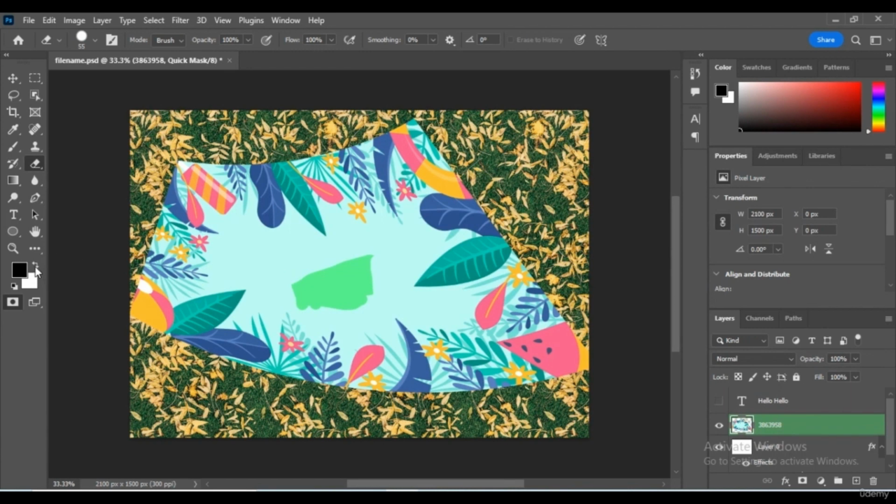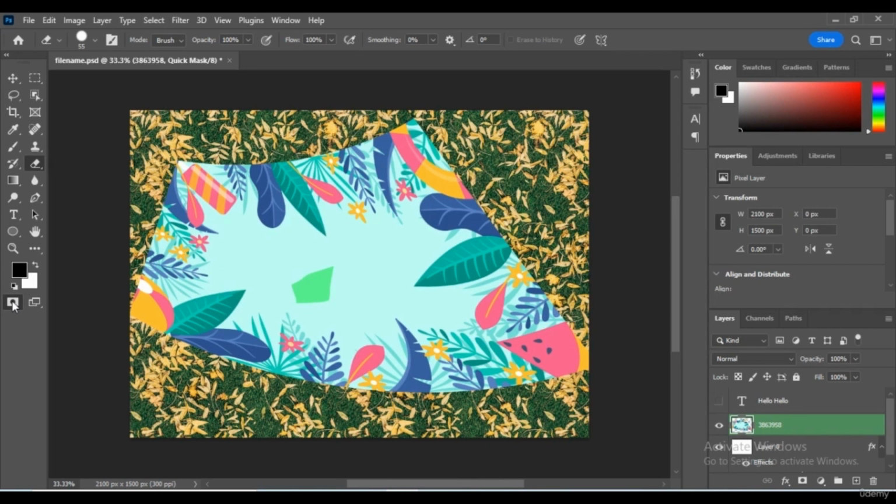Just now, if we put the eraser into white as the main color, we can add to the selected areas, the areas that will be covered with mask. But if we put the eraser in black color mode, it will just erase or delete the cover area that we want to unmask.